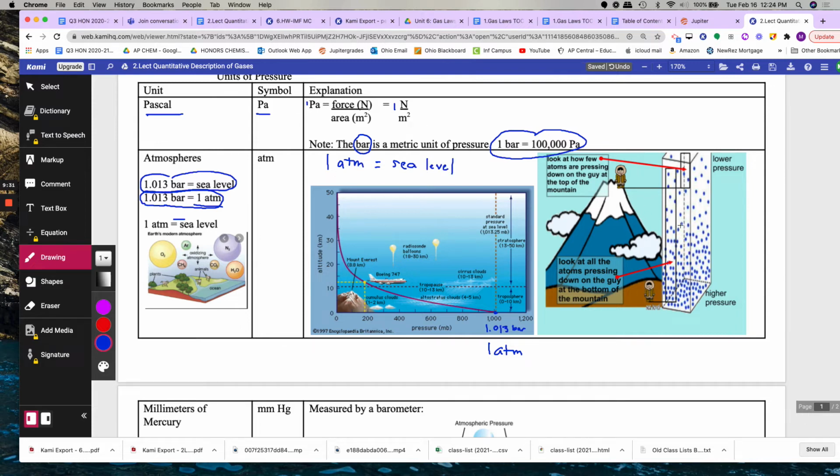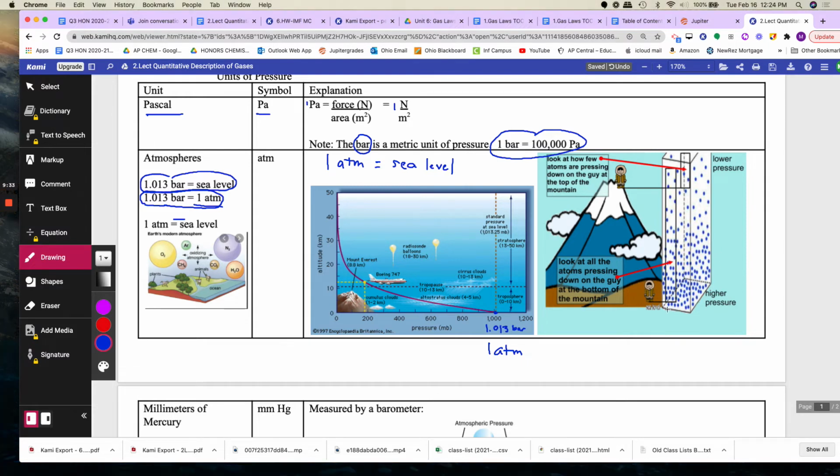This picture shows you, if you're at sea level down here, Earth's gravitational pull will pull those atmospheric gases closer to it. So there are more atmospheric gases closer to sea level. As you climb up a mountain or increase in elevation, there are less and less gas molecules. So there's